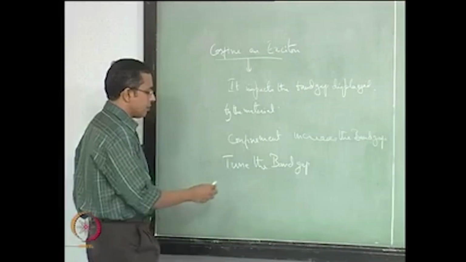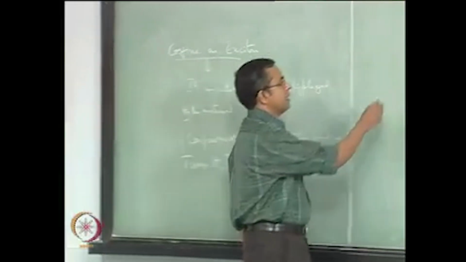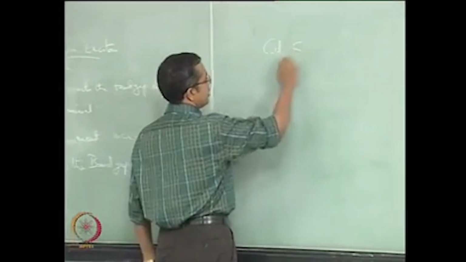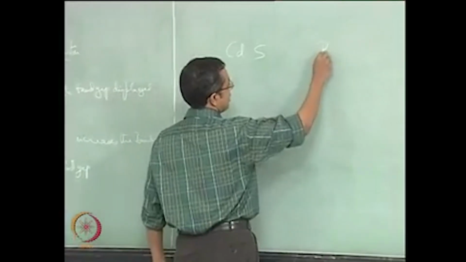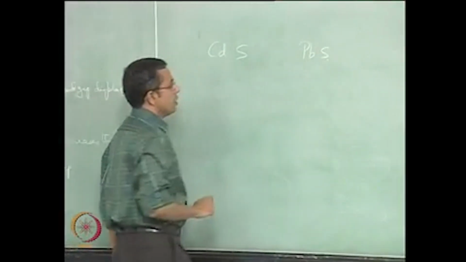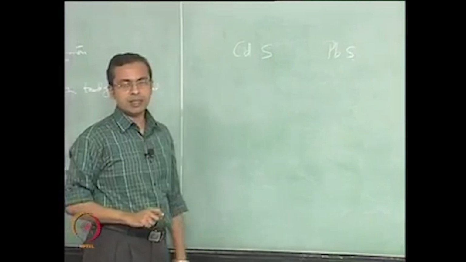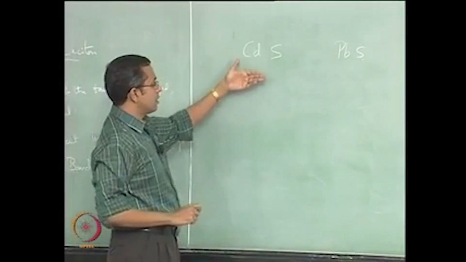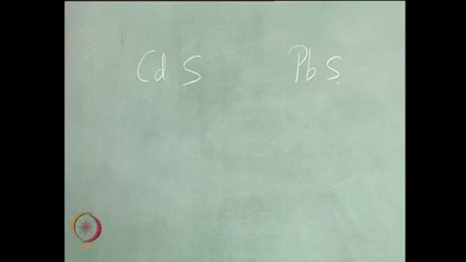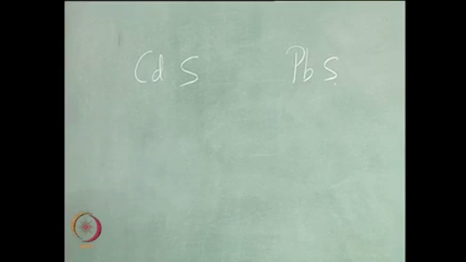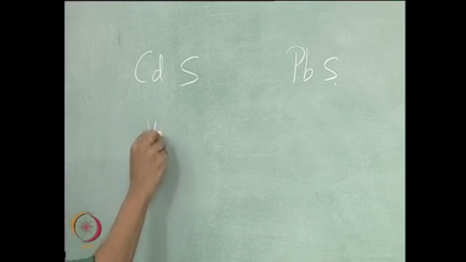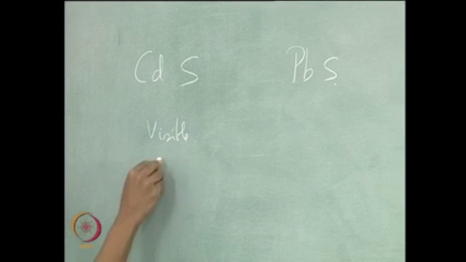So for example, some of the materials that people work on are materials such as cadmium sulfide and lead sulfide, okay. This has a band gap which is somewhere in the visible region of the spectrum, and when you raise the band gap, of course it means that it will now respond to radiation of only shorter wavelengths. So you can go from visible to UV,